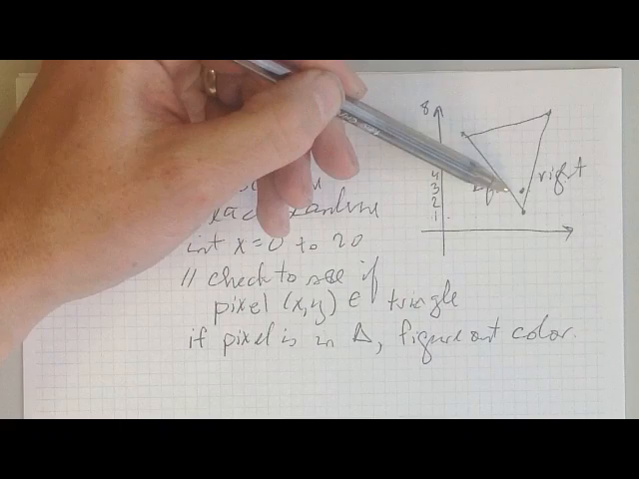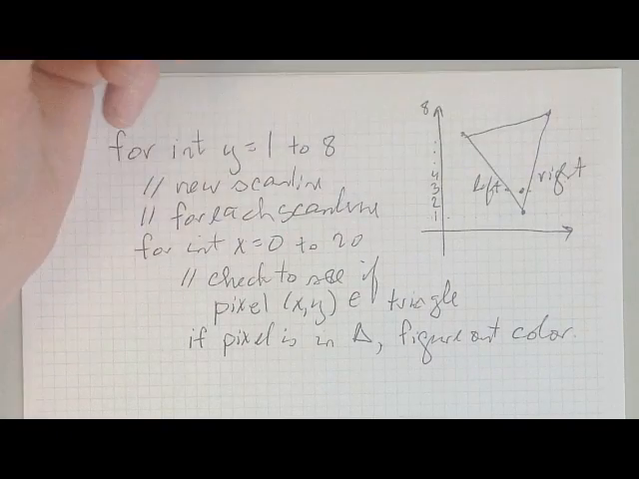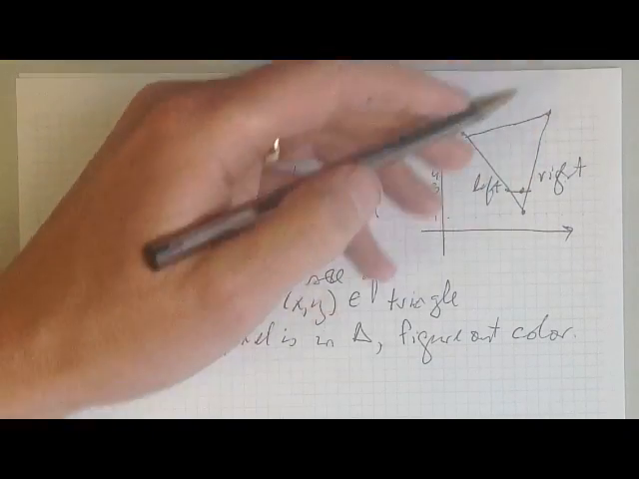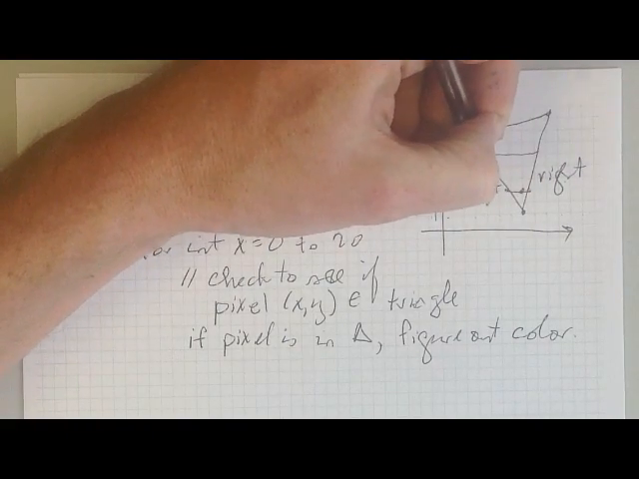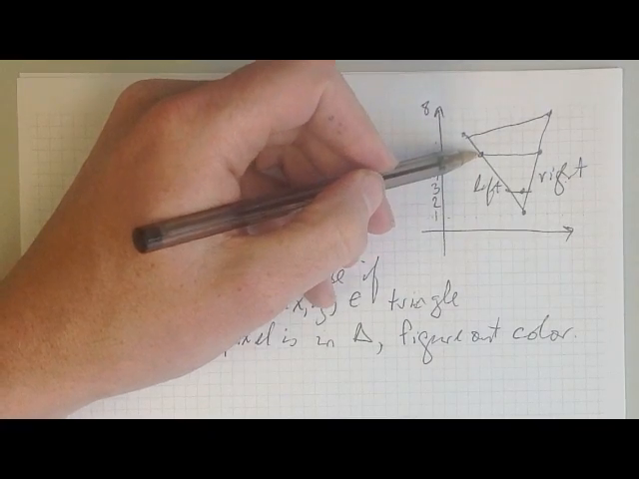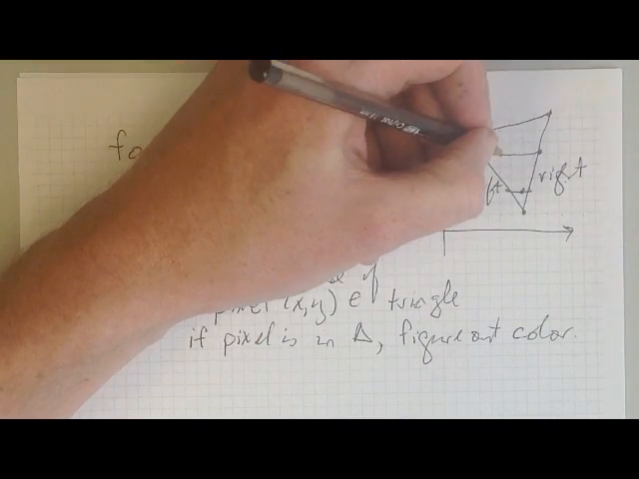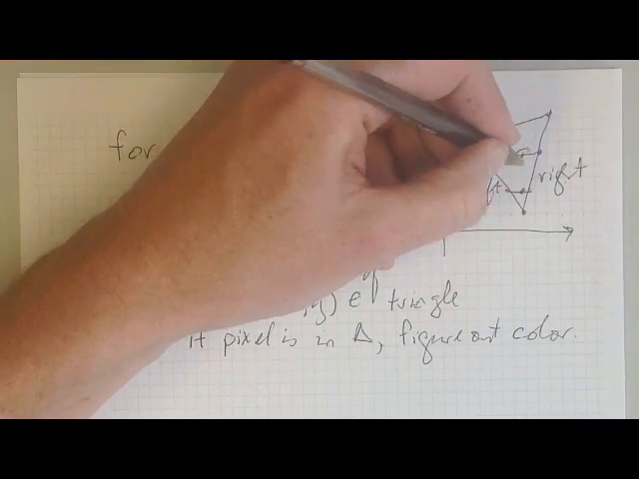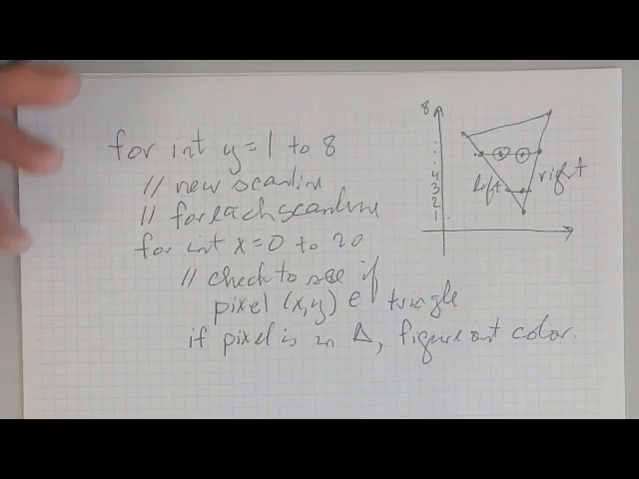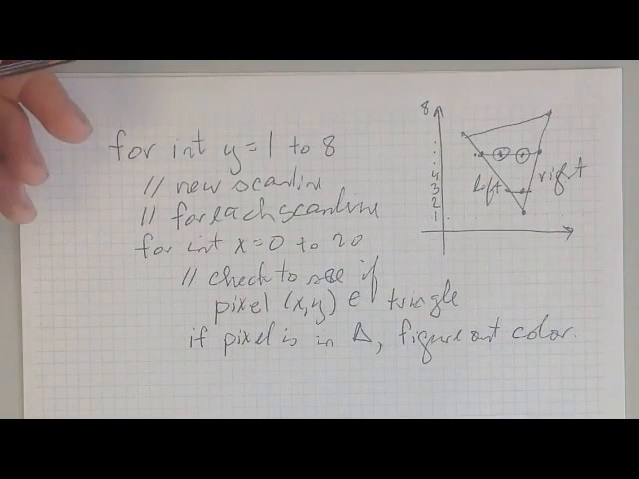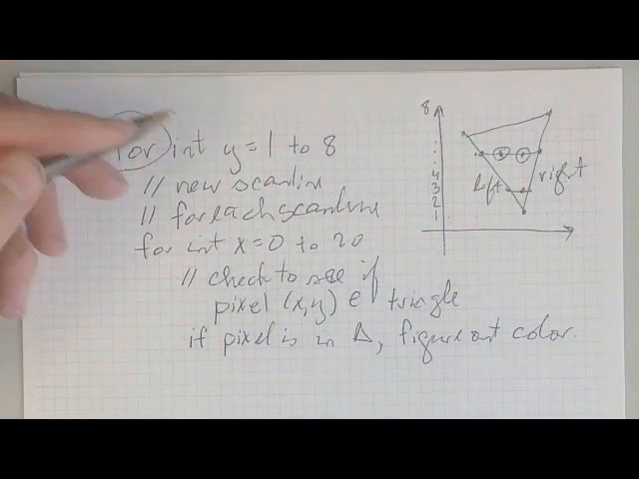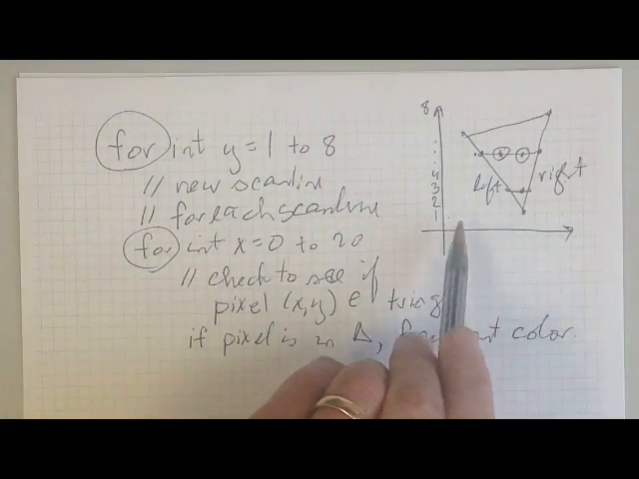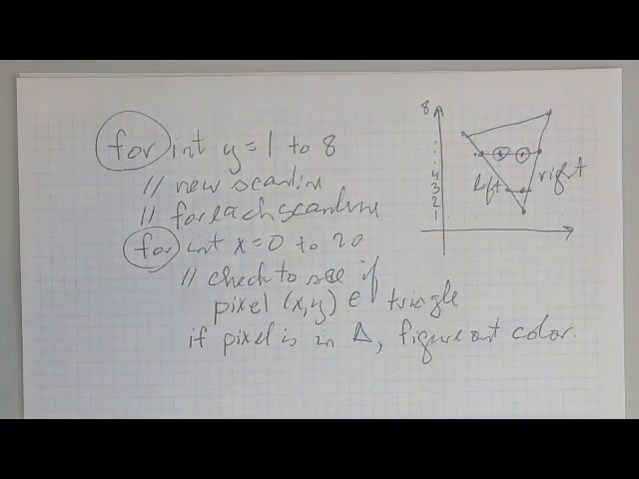If the pixel is in the triangle, then I have to figure out the color. And the way that I figure out the color is by taking the red, green, and blue value on the left and the red, green, and blue value on the right and interpolating across the scan line to figure out the color. So for example, in this scan line up here, I know the value of red, green, and blue on the left, I know the value of red, green, blue on the right, and I just have to linearly interpolate to figure out the red, green, and blue for this pixel, and then the red